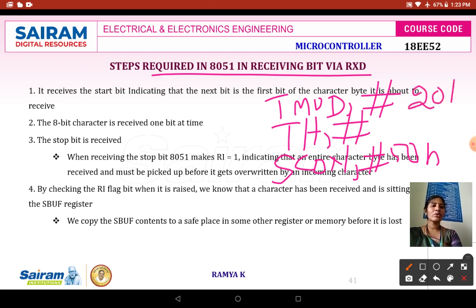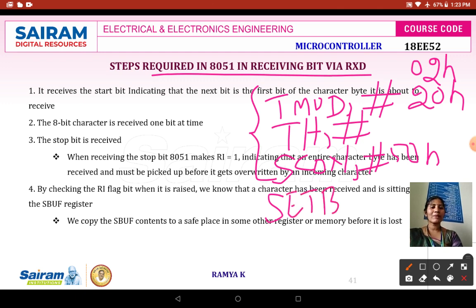Either you can use 20H or 02H depending upon whether we are going to use timer 0 or timer 1. So these three lines are common. After that, you need to run your timer: set the timer run control bit depending upon the timer you are going to use.